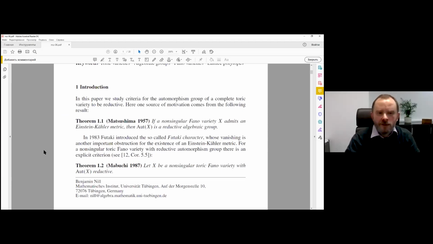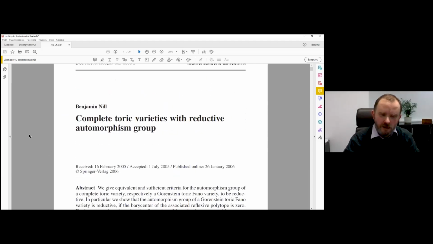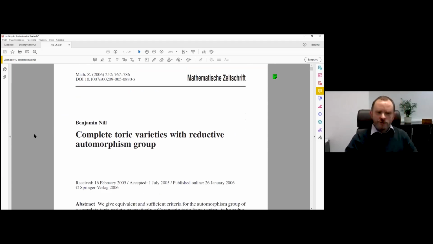I was asked by the organizer to give an example of a good introduction, and maybe go up to see the title and the author of this paper. After some hesitation, I took this paper by Benjamin Neal. This is a German mathematician. Now he is quite experienced, but at that time, in '06, he was young. It was his second paper. And I like this paper very much because it's written by a young person, but it already has some good structure.